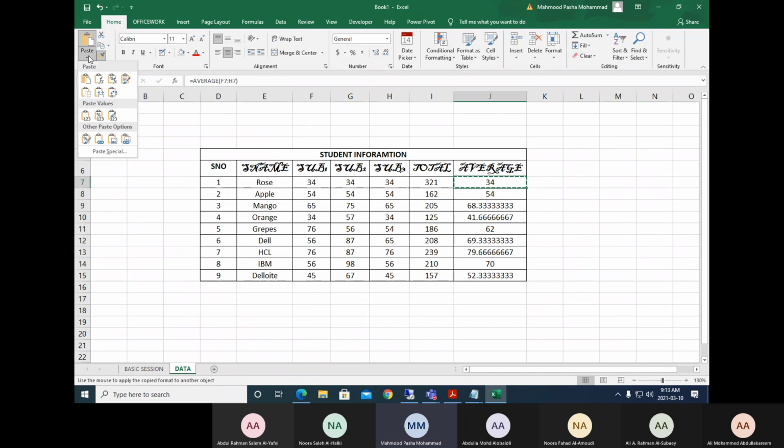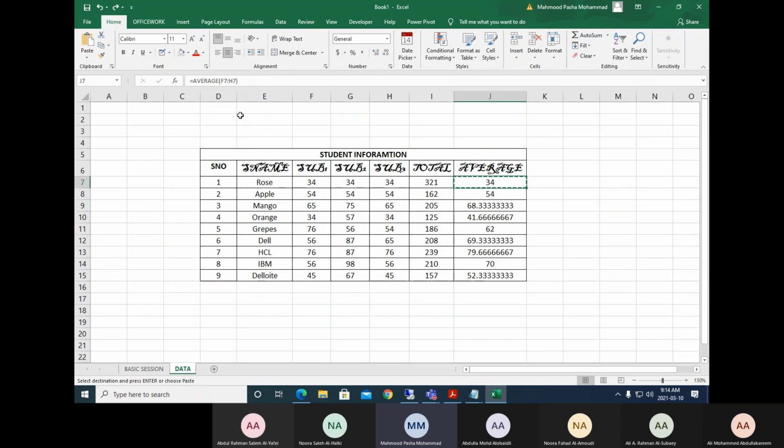It will apply the formula also, that we can see soon in the next session. Copy this. Where we have to paste? This is the formula. Now what happened is we have pasted this formula.